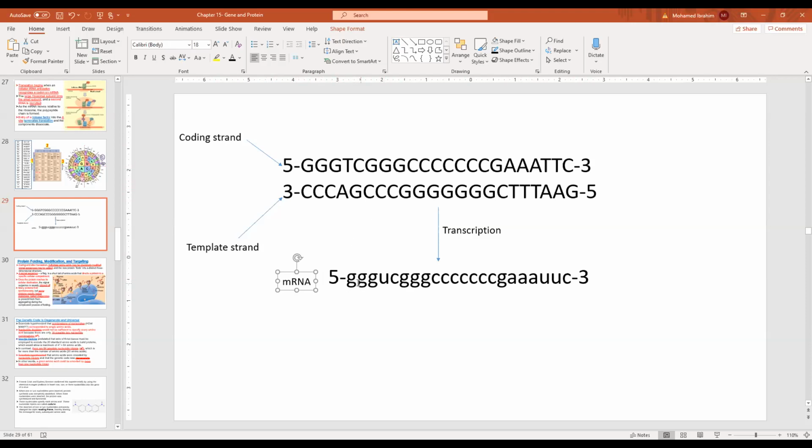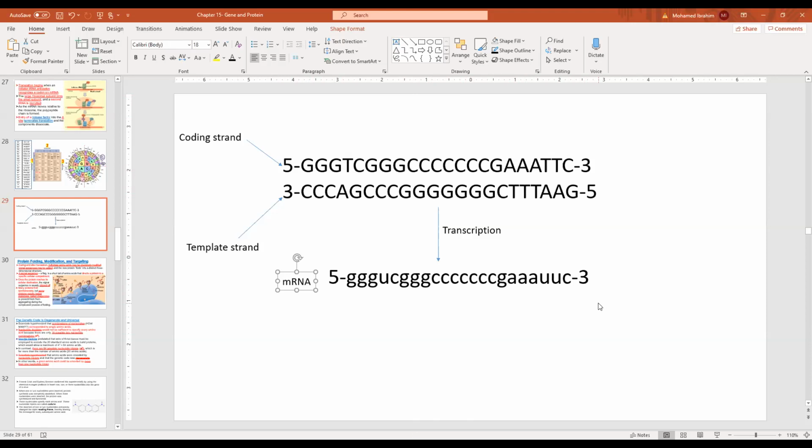G, G, G, G, G, G. Here is a T, it's a U, and then C, it's a C, 3 Gs, 3 Gs, 7 Cs, 7 Cs, and so on. This is why if I give you a double strand like this and say, go ahead and do transcription, you will be smart enough to copy the coding strand, and every single T, you make it a U, and you get it.